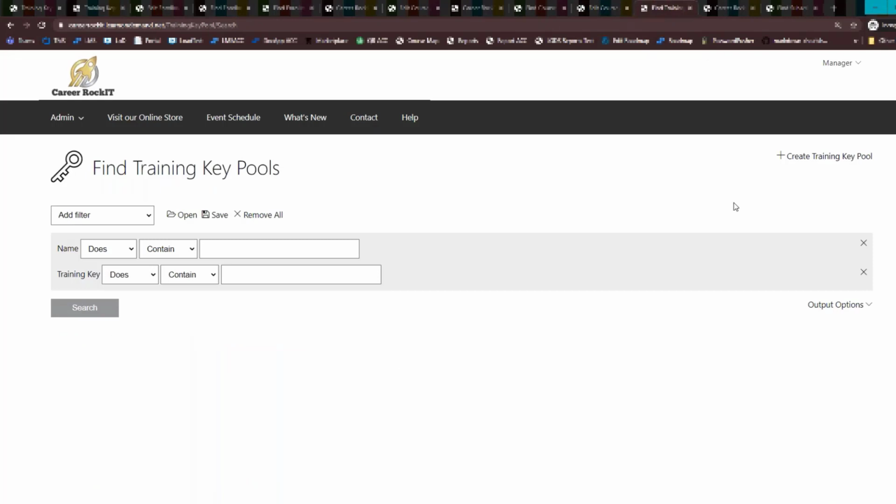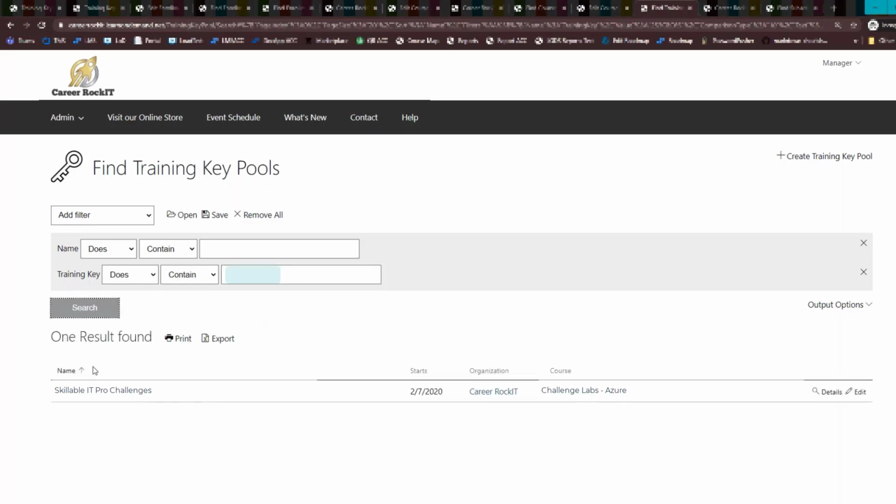You can also go to find training key pools. So let's say someone gives you a training key number and they're like, for some reason, my key isn't working. Maybe you know what pool it was, so you could put the name of the pool in the field, or they give you the training key and you can just put it into the training key filter here and do a search, and it's going to find what pool that key belongs to. So I can open up that pool,